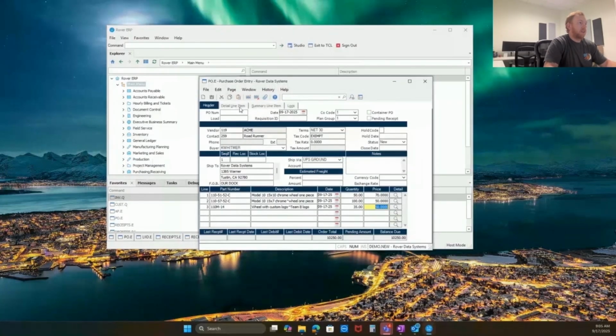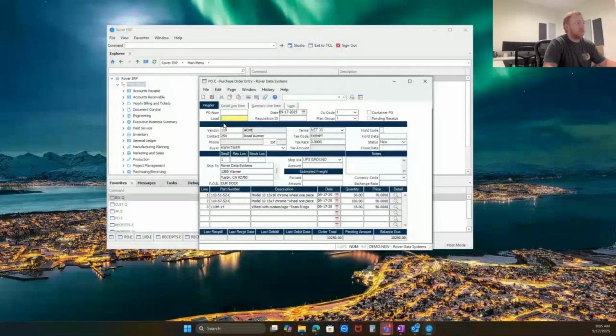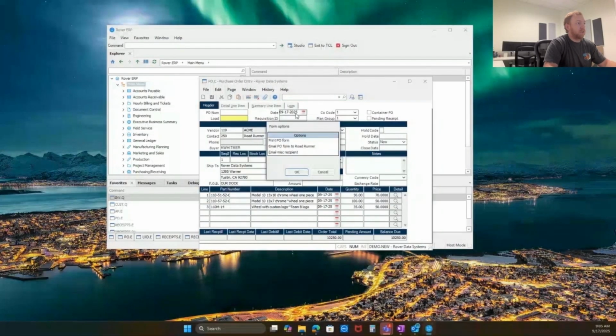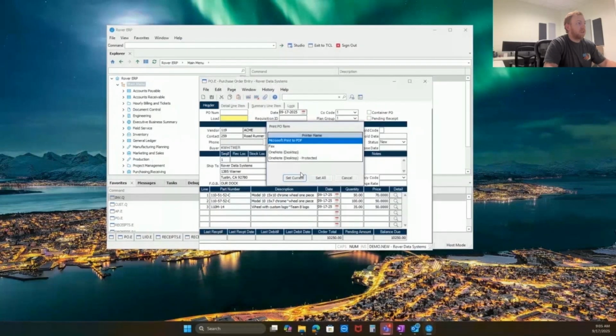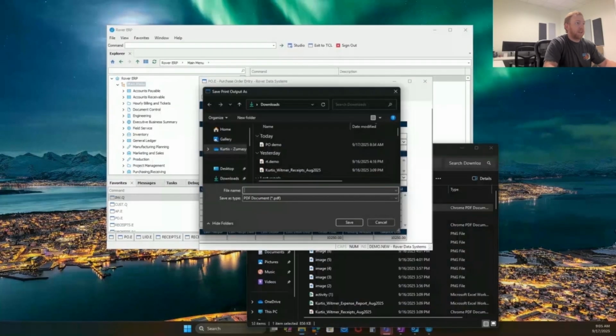You can go over to your detailed line items, look at it by line, and add different line notes that you want to add. But we'll keep it simple today. So we'll save this PO. And if we want to, you can print the PO form. You can save it to PDF, fax it, or email it. And then just to show you what it would look like,